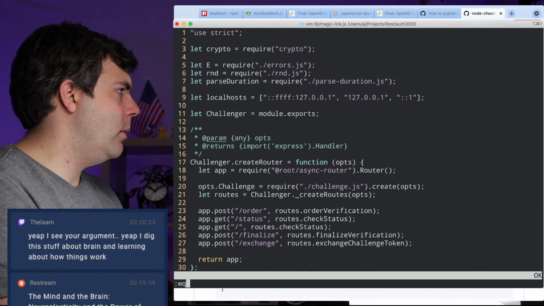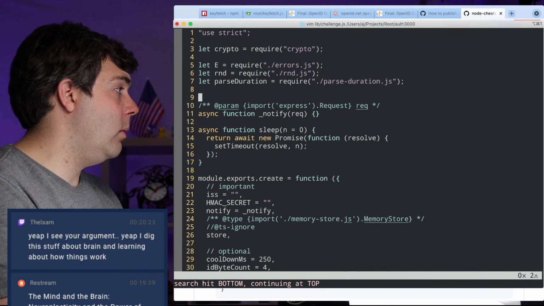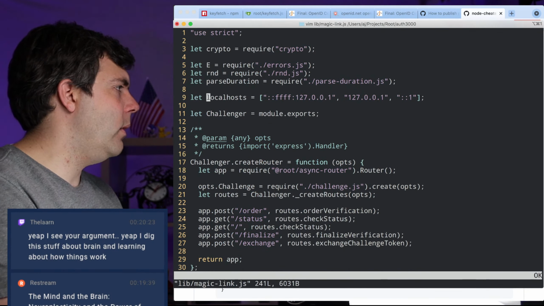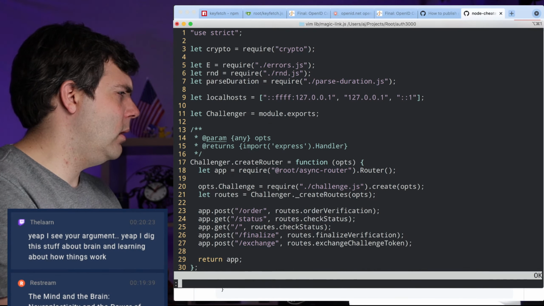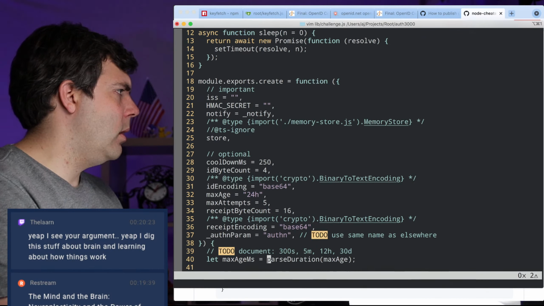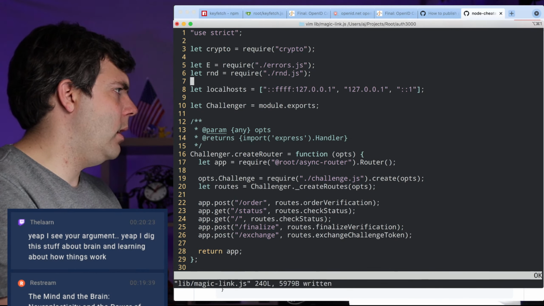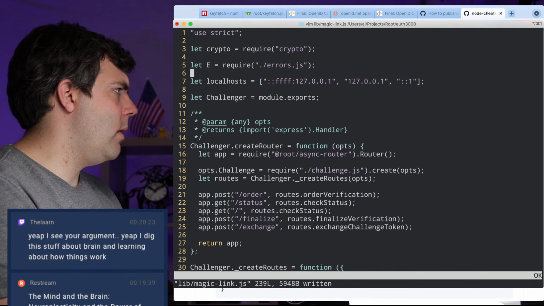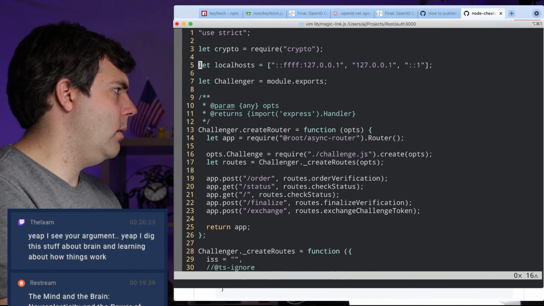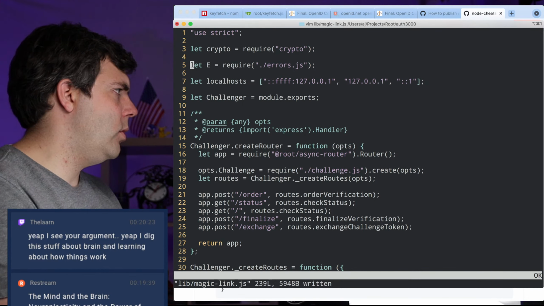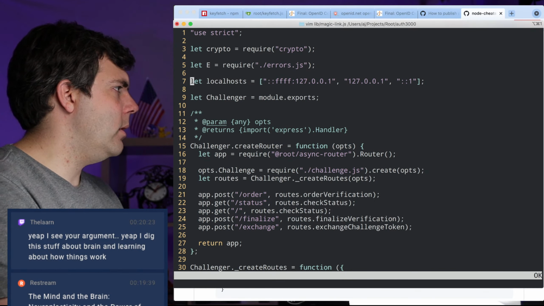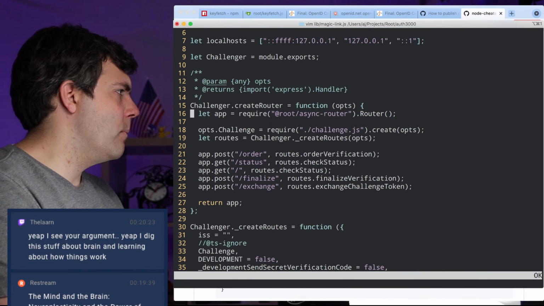Okay, so we did have localhost here. Do we need localhost in the other one as well? No, we don't. We don't need localhost in this one, so let's get rid of it. If we don't need it, get rid of it. All right, parse duration we do need here. And rand, I know. Wait, parse duration is not here? What? No, that can't be right. Okay, parse duration is here, not here. Okay, do we need rand here? No? Do we need errors here? Of course we do. Okay, good. I was just checking to see if the linter's still working.